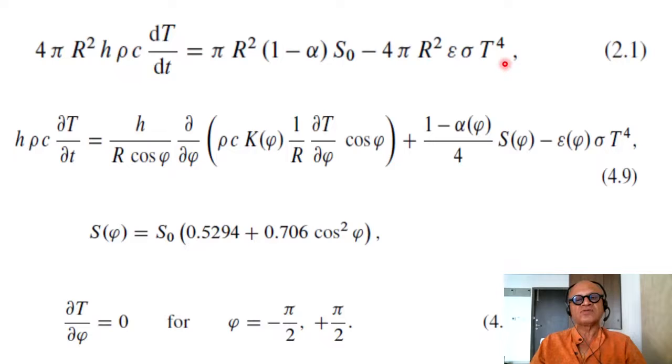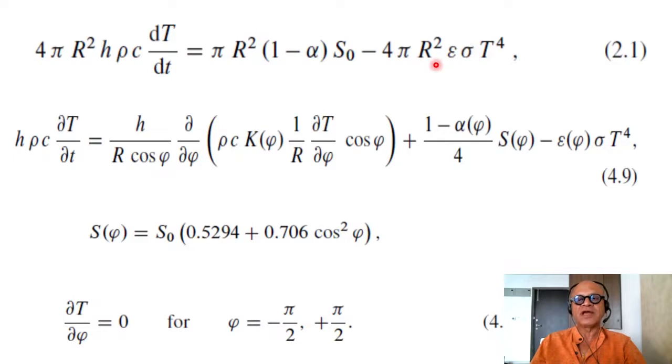So we are now trying to do the original one-dimensional energy balance model. We looked at the averaged global energy balance in terms of 4 pi r squared. R is again the radius, H is the scale height of the atmosphere. We had set it to 8.2 kilometers or so. Density, heat capacity times dT/dt, where this is the time rate of change of our averaged column of air, is pi r squared (1 minus alpha) S0. This is the energy that is being received from the sun,